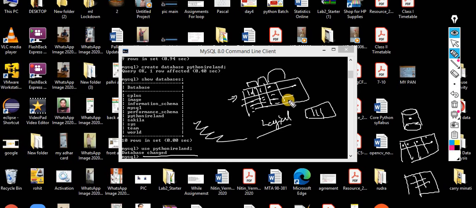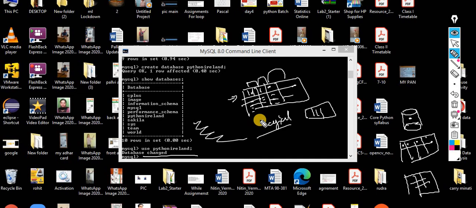So this concept is basically called schema on write. When I define some kind of schema prior to writing things into that table, this concept is technically called schema on write. If you are coming from an engineering background and studied database management, you might have heard of the terms schema on read and schema on write. This MySQL falls under the schema on write concept. Why so? Because you have to define the schema first, then you are supposed to enter the data.